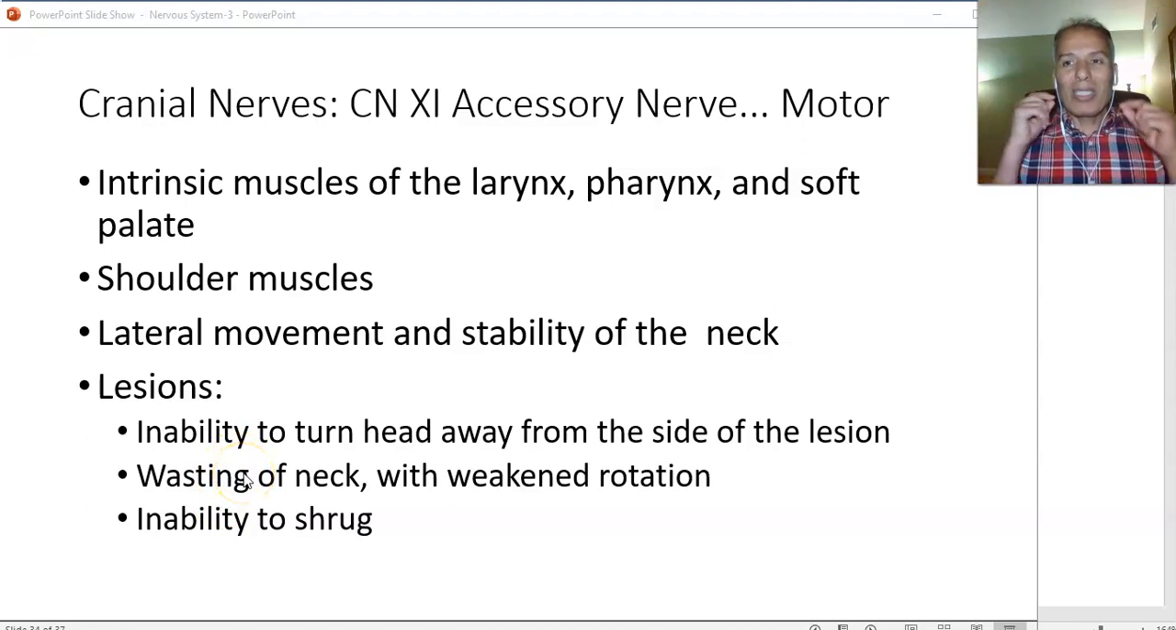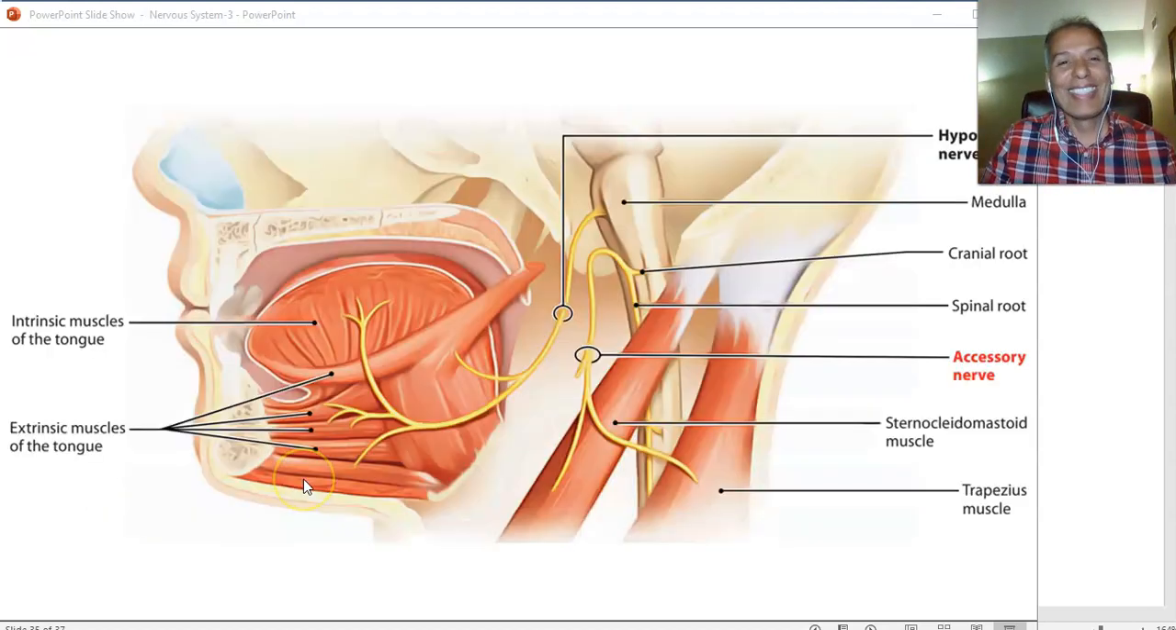The neck will become thinner and wasted, and the muscles atrophy, they become weaker. They would not be able to rotate well, and there is an inability to shrug your shoulders. That is an important part of communication. So here is the accessory nerve, the different branches. Here's the trapezius muscle, and there's the sternocleidomastoid. And then it goes